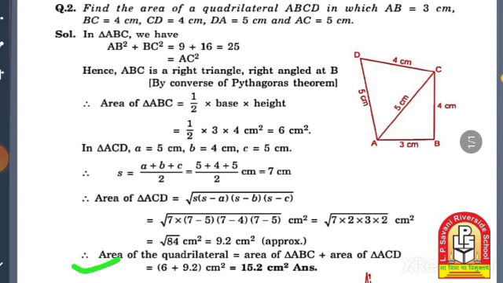Okay, so the area of the quadrilateral is equal to the area of triangle ABC plus the area of triangle ACD. So make the summation of these two terms: 6 plus 9.2, that is 15.2 centimeter square. Okay, in this way you can solve